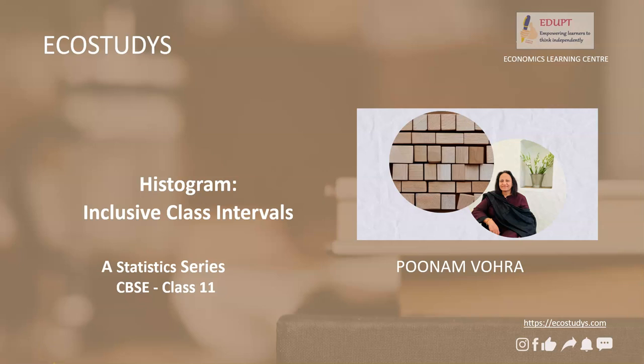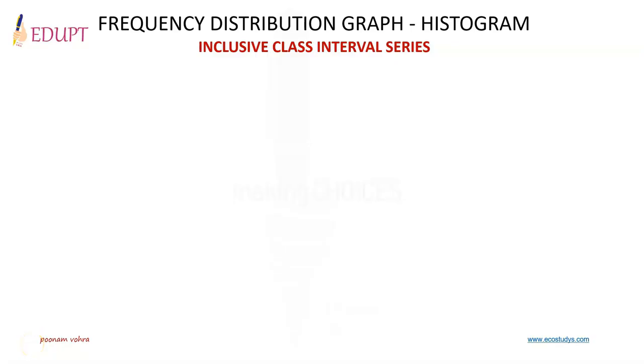Hello everyone. After having understood the construction of histogram when class intervals are equal, when class intervals are unequal, when only midpoints are given, now we move on to the construction of histogram when class intervals are in inclusive series. So let's understand how it is done. In order to understand the construction of histogram when class intervals given are in inclusive series, let's take an example